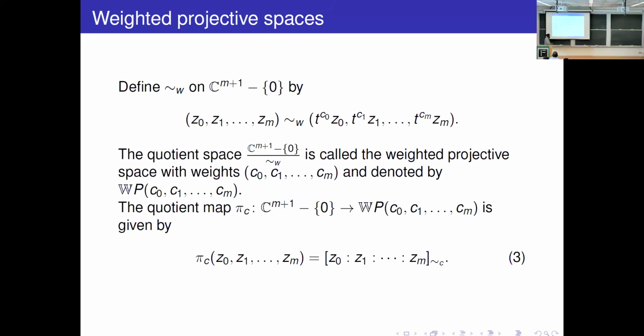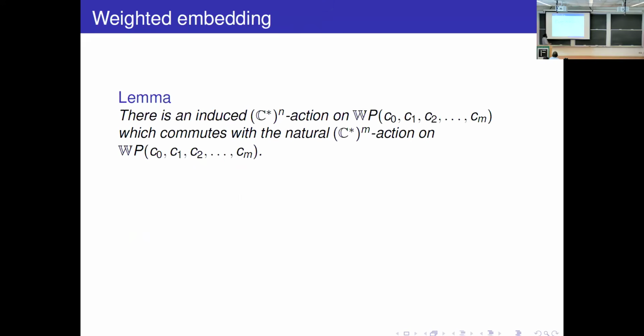Okay, so now we have another new object, right? It was the weighted Grassmann orbifold, and this is now weighted projective space. So the dimension looks a little bit different. This is M and then this D.